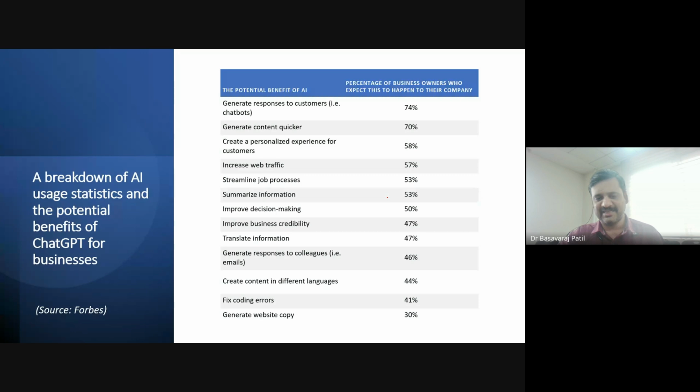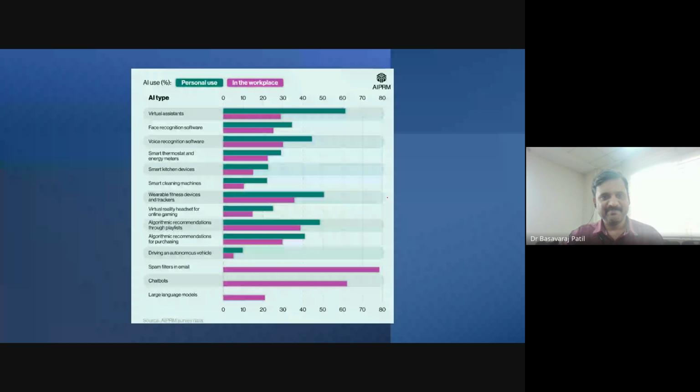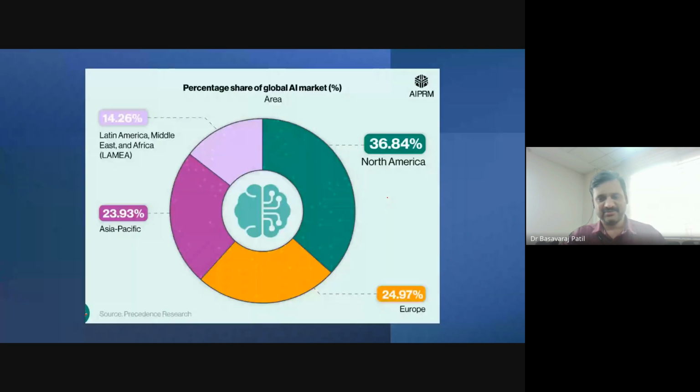Then everyone knows ChatGPT. All of us, every student, every person who is aware of ChatGPT, depends on the data for content preparation, decision making, analyzing, scrutinizing, summarizing. So these are some statistics showing where most people use ChatGPT-like LLM models to get better analysis of the data. And regarding the difference in usage between personal use and the workplace, we can observe that chatbots and LLM models are specifically used in the business models of the workplace.